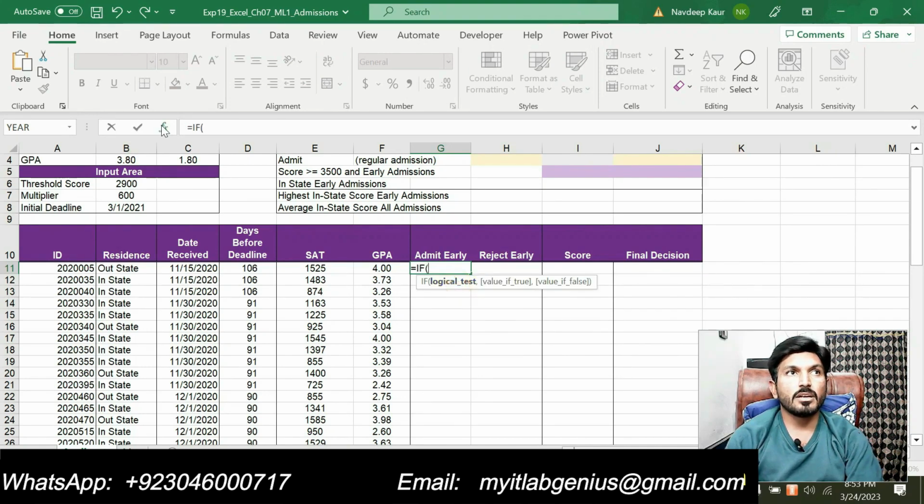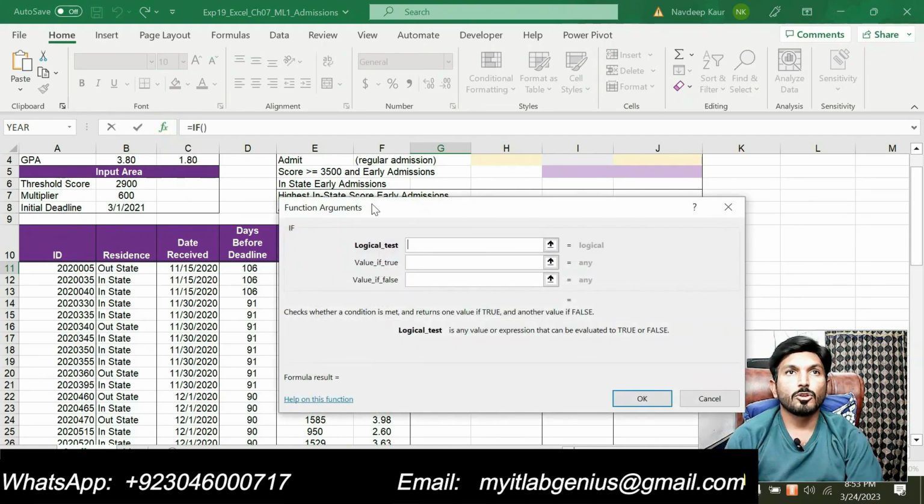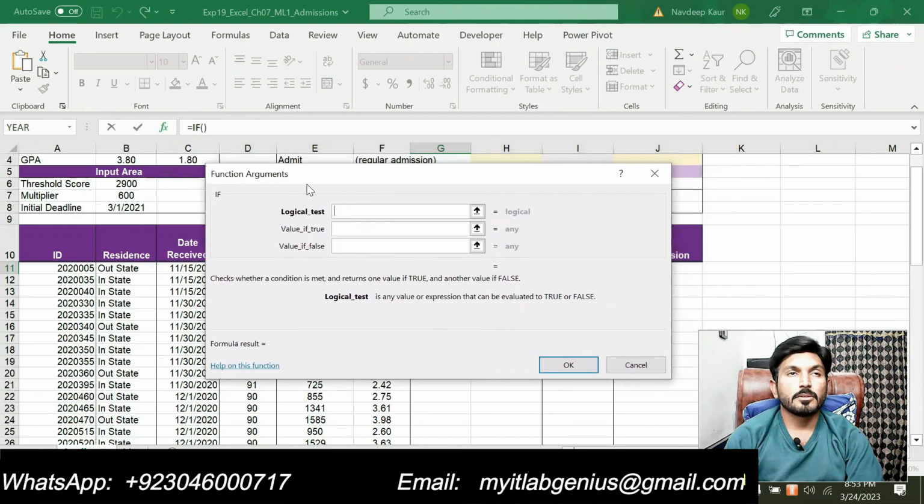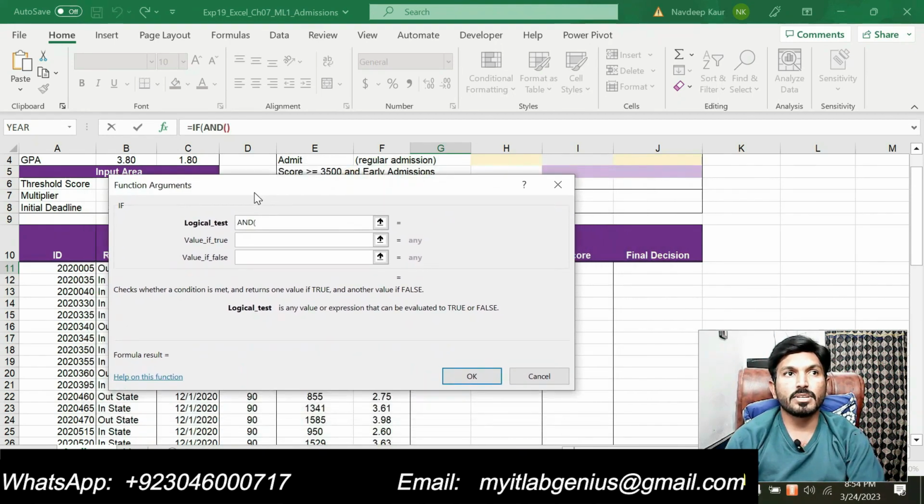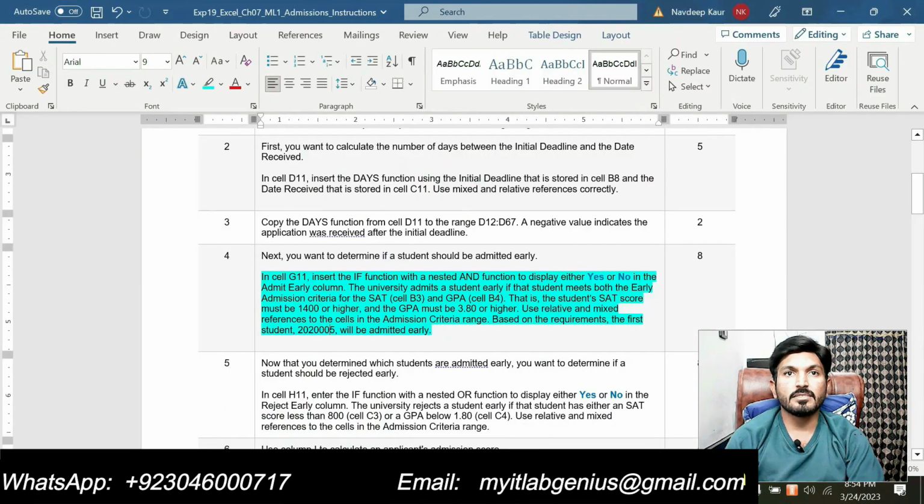So then we will click on the insert function symbol. Now we are supposed to nest the IF function with the AND function, so we will type AND. And now we will write the two conditions. The first one is that the SAT score must be